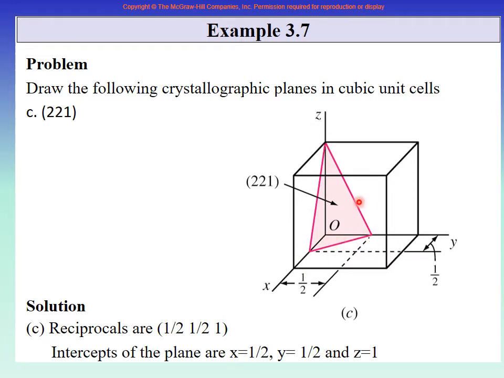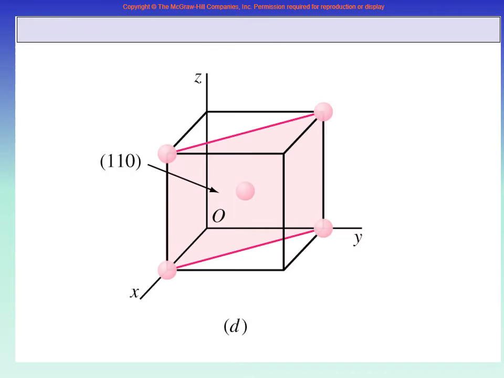And now it is a very simple plane. Whenever there are all three, then it is a very simple plane to draw, because you just mark the 3 points on the xyz intercepts and join the lines. When one number is infinity, the other number is infinity, then you have to think a little, like in the previous examples. But if all the 3 intercepts are given, then there is nothing to do. Directly do it. Right? So we are just again showing you the 1, 1, 0 which we did earlier, and so on.